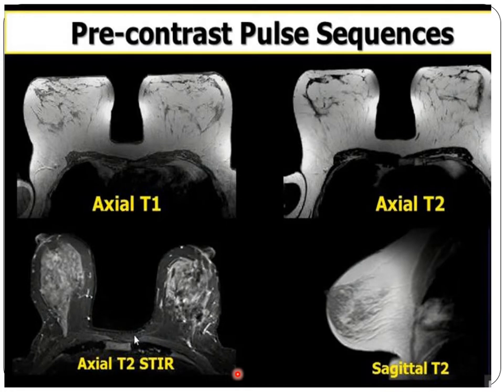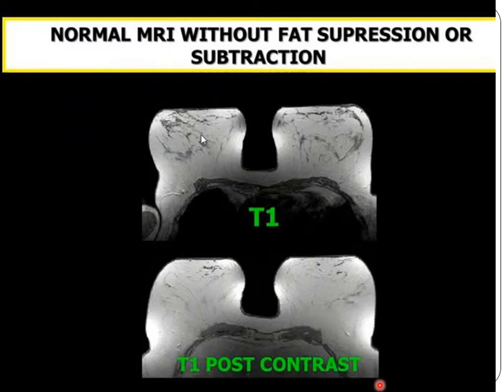About the sections that have been taken by the breast MRI, there is the axial section and also the sagittal section. Why is this important? Just like the mammogram. For example, the axial section corresponds to the CC projection of the mammogram, while the sagittal section corresponds to the MLO projection of the mammogram. Here,